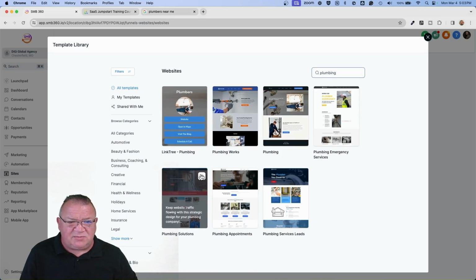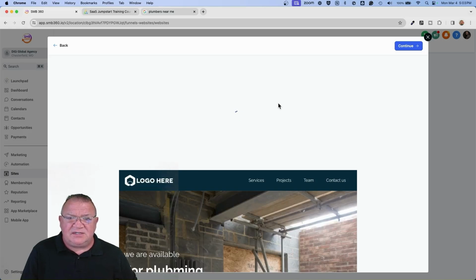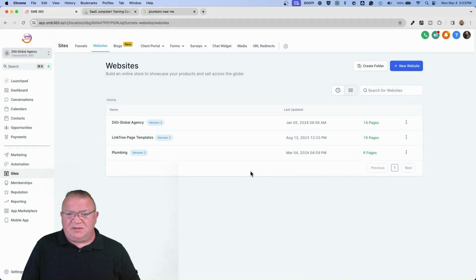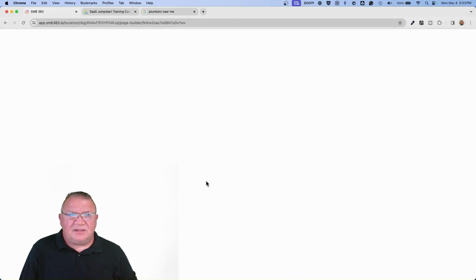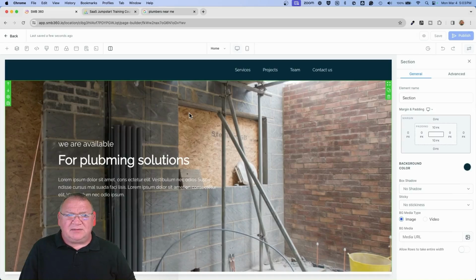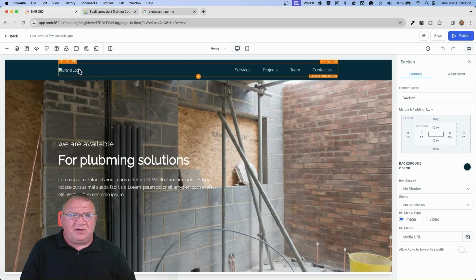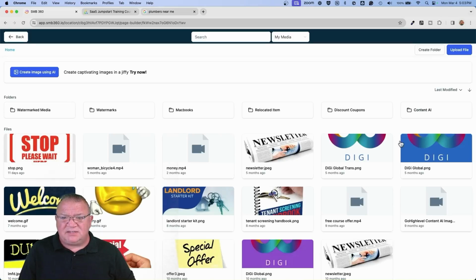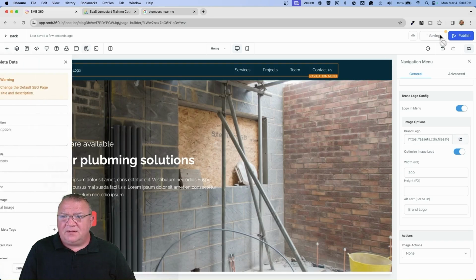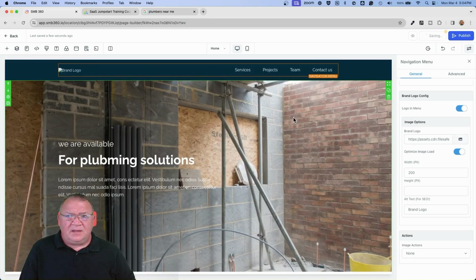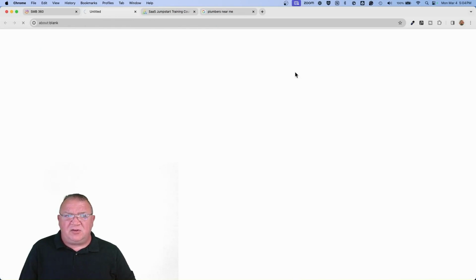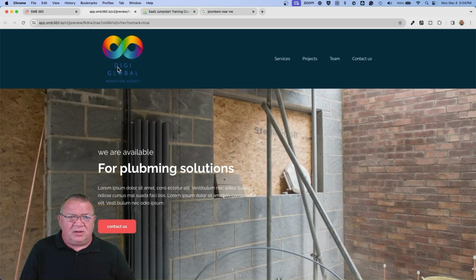Let me look at this plumbing solutions one. This is another template that we have. So I'm going to continue with this one. I'm going to have them build this particular template. They're going to add this, and here it is on the main page. Boom. So you come over here to that properties area. You simply click on this, choose the photo for this one here. And again, I'm not exactly sure why this doesn't show in preview, but when we come here to do this, the DigiGlobal preview shows.